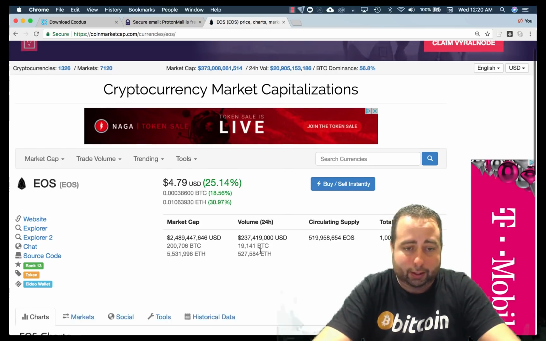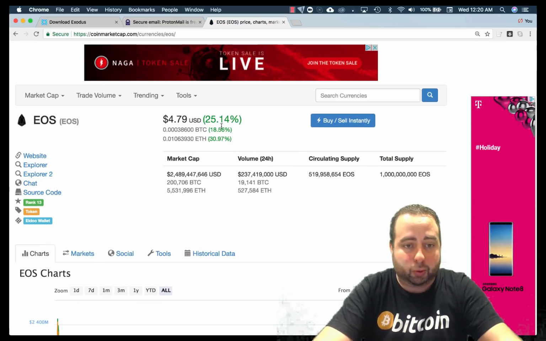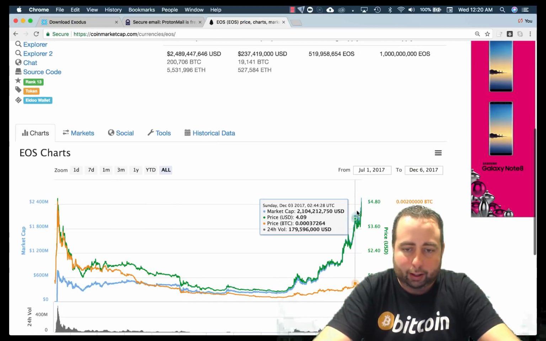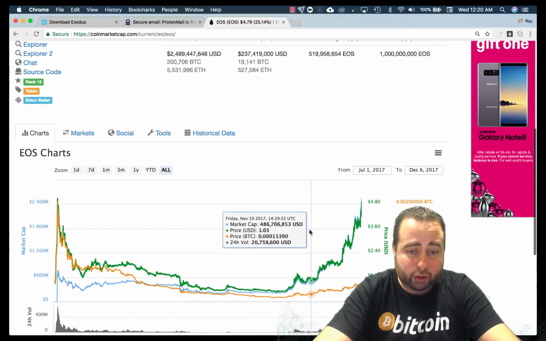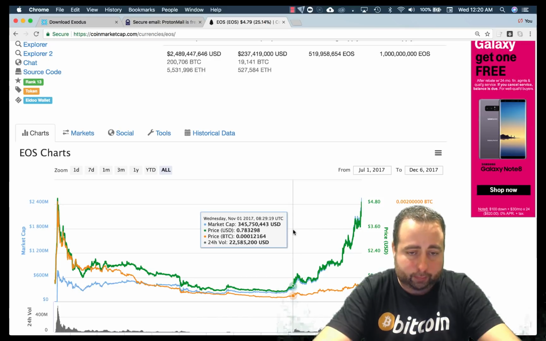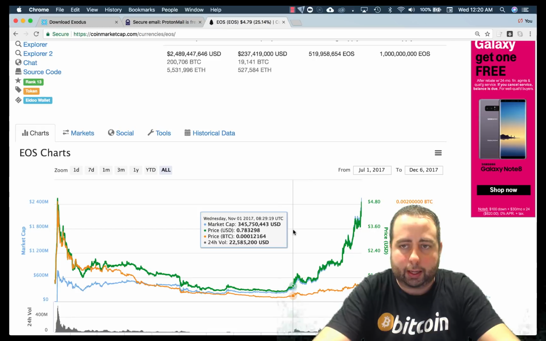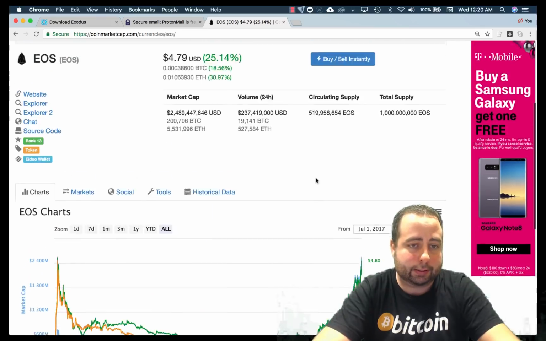I'm telling you, this is a big deal. It's gone up 25% today. If you go all the way back to November 1st, it was 78 cents, and today's December 5th. So just barely over a month, it's gone from 78 cents to